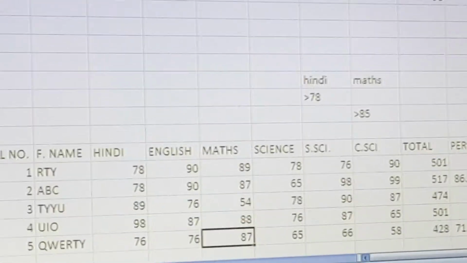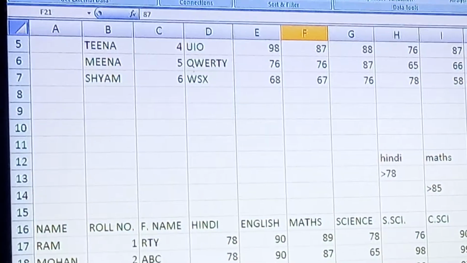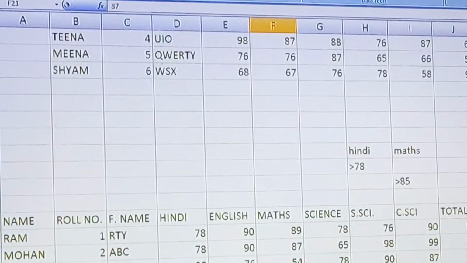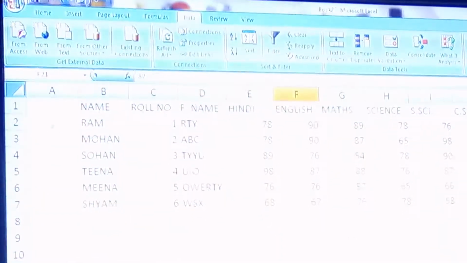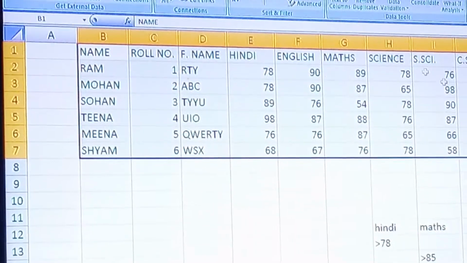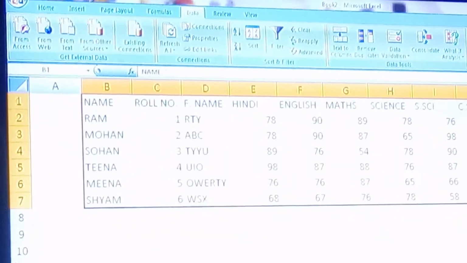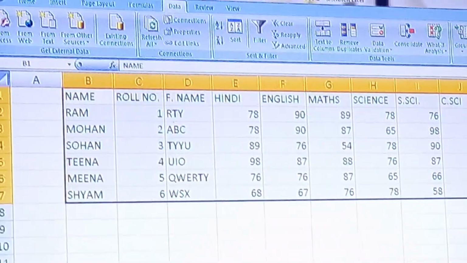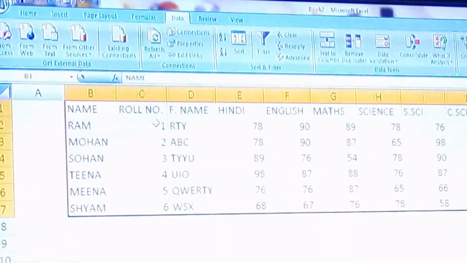I think this concept will be clear in your mind. Now if you want to clear this option, you have to select the range and clear. What is the purpose of this clear? It will clear the condition. It is applicable when a condition is applied on that particular location. Clear?